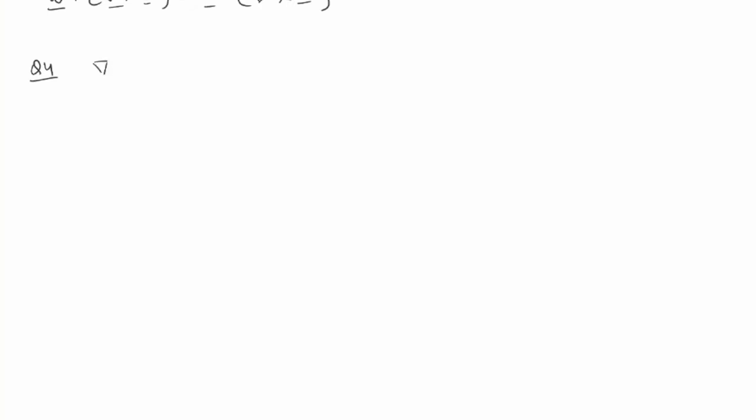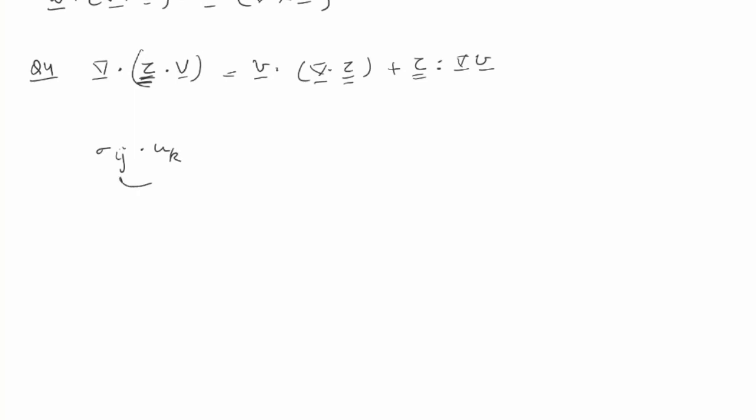Question 4 is del dot tau dot with V. This is equal to V dot del dot tau plus tau double dot with del V. Now tau here is a tensor quantity. Tau has 2 dimensions. It will have 9 components. How do we dot any tensor quantity? When we have sigma ij dotted with, let's say, u vector, I am using index k for u, so then we will dot j, the last vector here. But if we have written uk dotted with sigma ij, then the dot product will be between I and k.